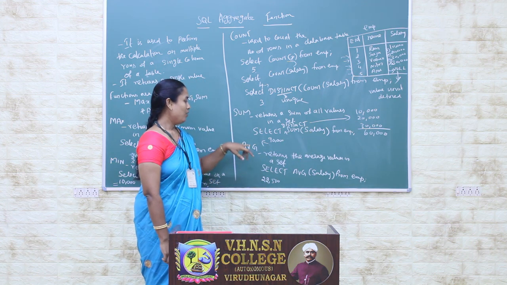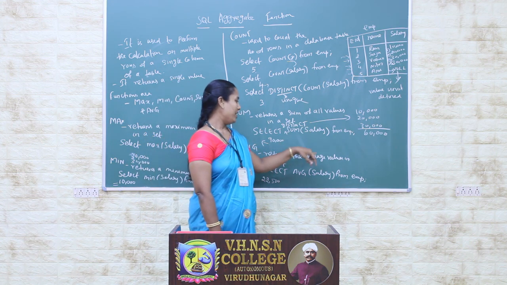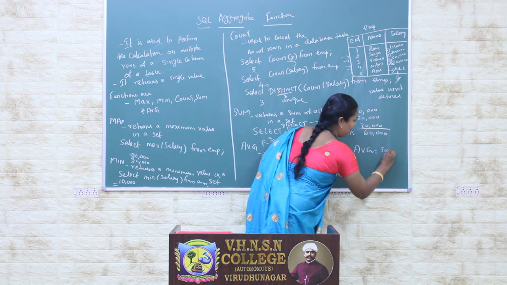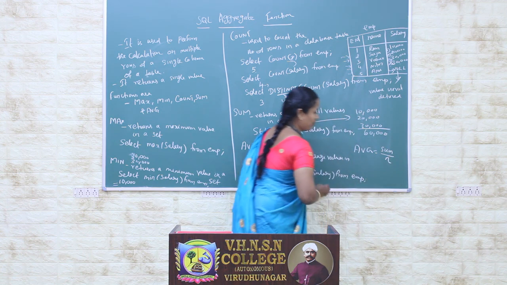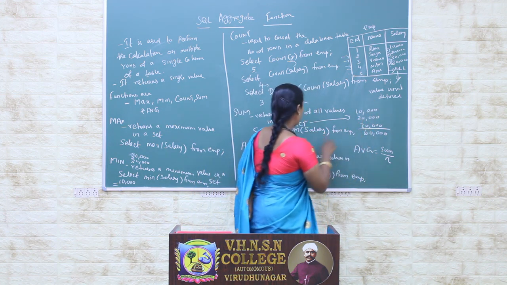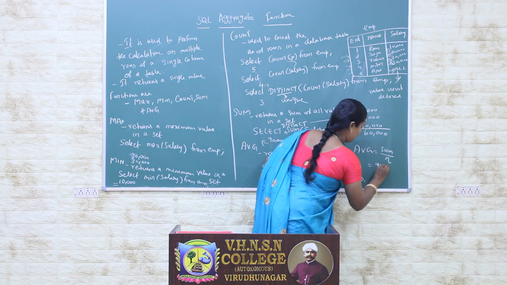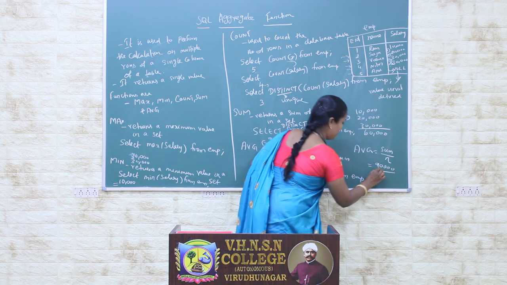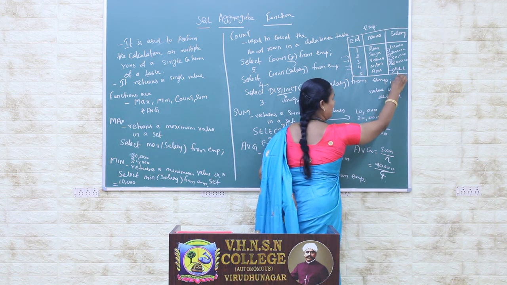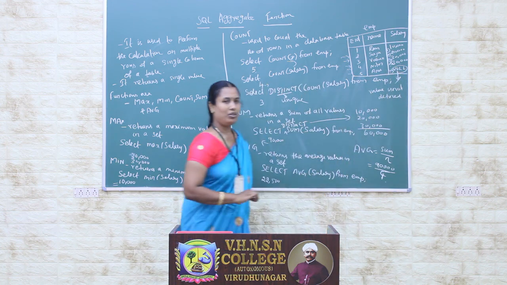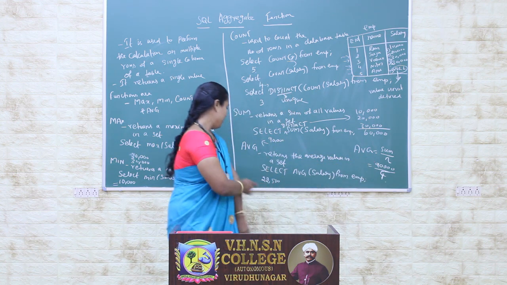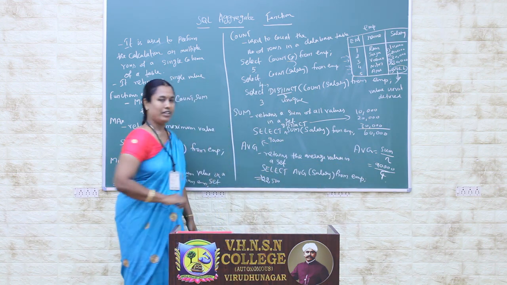The next, average. What is the average function? It returns the average of the values in a set. Generally, average means the sum of all values divided by the number of items. Here I have 4 values, and the sum value is 90,000, divided by 4. Why do we select the number of items as 4? Because the salary is a null value for one record, and that record is not countable when you use the salary field. So I calculate with the number of rows as 4 only. So 90,000 divided by 4 comes to 22,500.